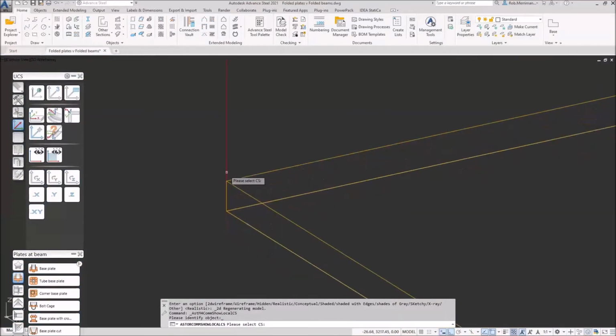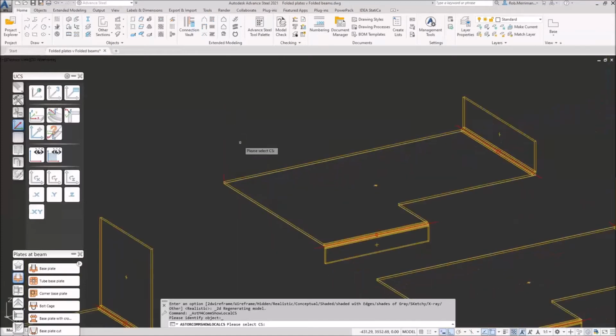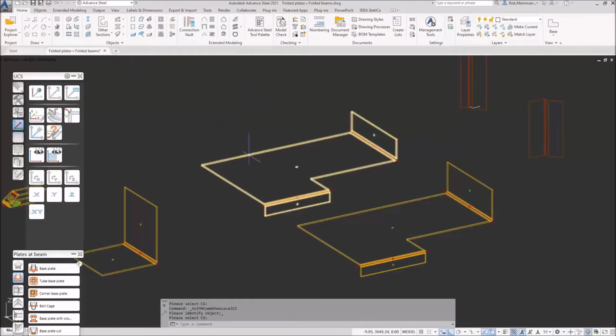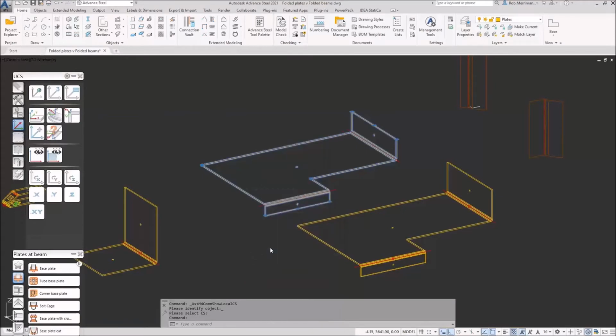The long axis is the Z axis. The longest is the Z, the second longest is the X, and then the shortest is the Y. So we can see that we're drawing that top down. That would be the first thing I would do, David: always make sure that you're creating your plates top down. The way we used to do it is we used to put a manual label in